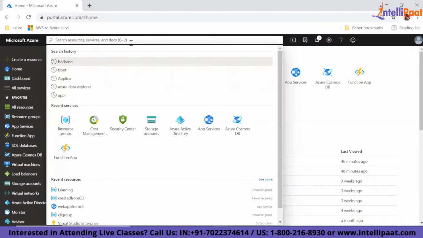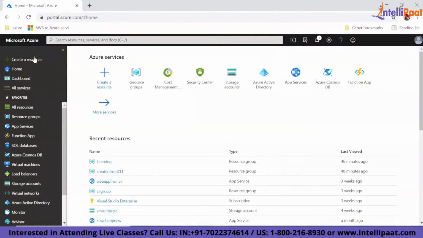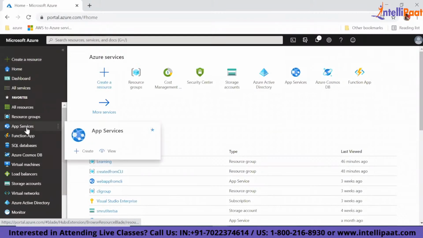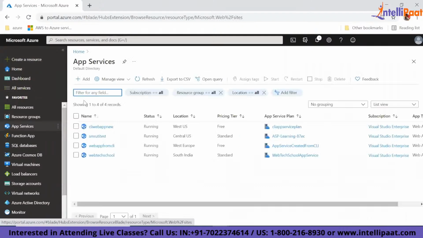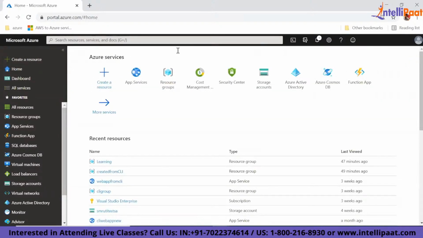You can directly search from here and you will be able to create a resource. Or you get an option right in here, which says create a resource. From here also you can create. And I have also pinned certain resources or resource types here. So you can see there is a resource type called app service. I can also go inside here and I do have an option to create an app service right from here as well. Okay, so these are the different ways you can create any resources, but let's use this one. So going forward, we will be creating using the left bar.